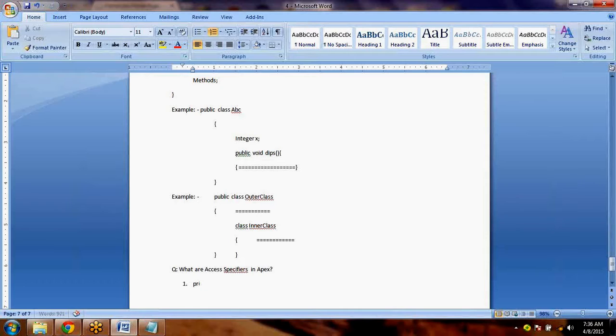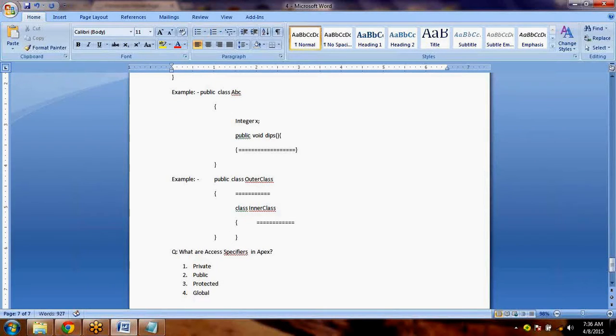So if you look at it, let me have a question: what are the access specifiers in Apex? Why am I putting Apex? Because if you look at Java, you don't have global. There is something called private, there is something called public, there is something called protected, there is something called global. Please remember this, in Java we don't have global. But Apex global access specifier is